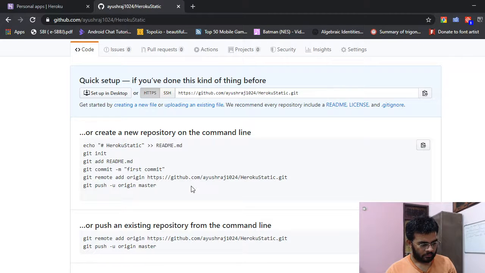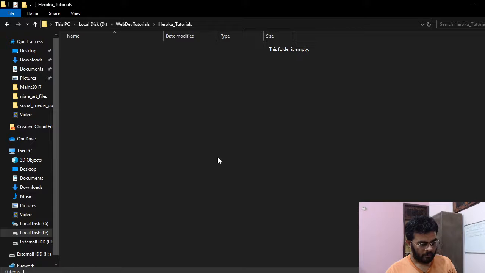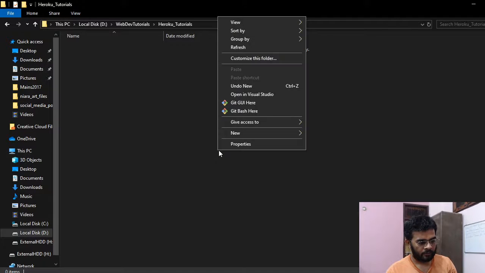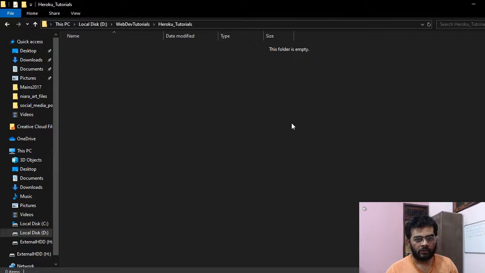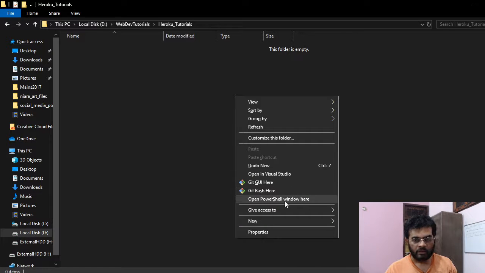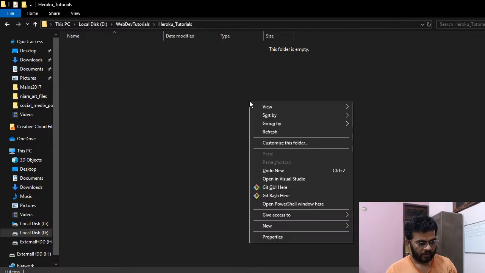And now you must go to an empty folder on your computer and right click. You can find git bash. If you are not able to find git bash, then git may not be installed in your computer. But one way of finding out if git is installed is this: press shift, and then by pressing shift press right click. Don't leave shift, keep pressing it, and then press right click, and then you will see an additional option in your menu which is open PowerShell window.